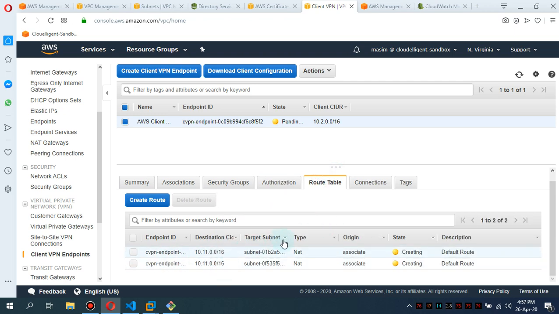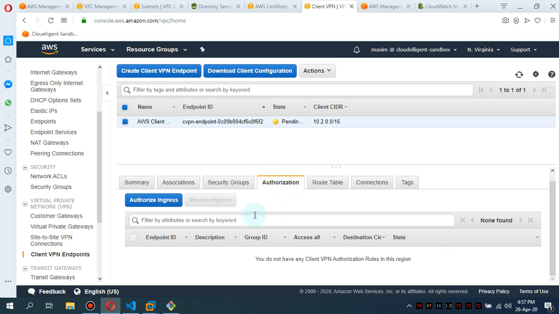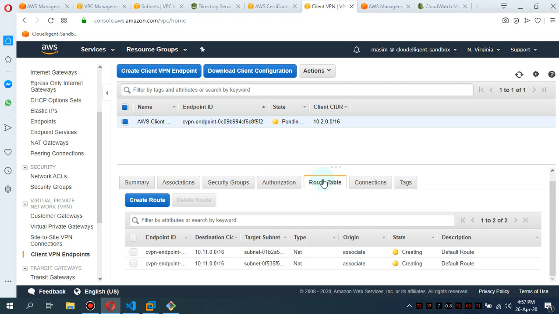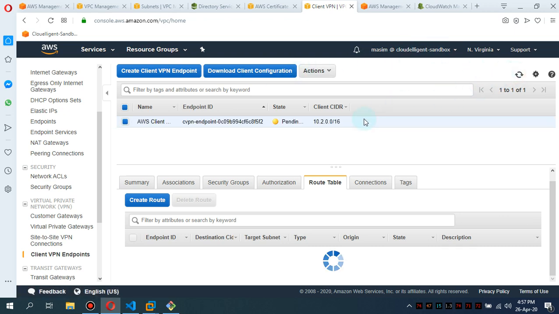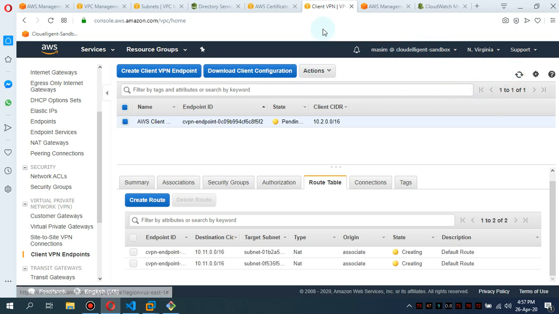By default, this VPC's private subnet ranges are available, so I don't have to create a separate route for those. It is going to be automatically created. As I told you, if you want to use additional VPCs, you need to have those routes. So let this part finish, and till then I'm going to launch one EC2 instance, which is the requirement to set up